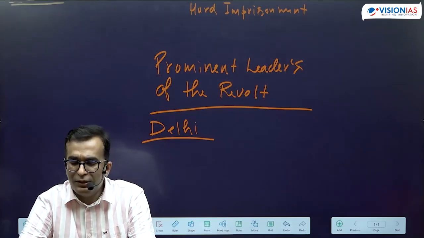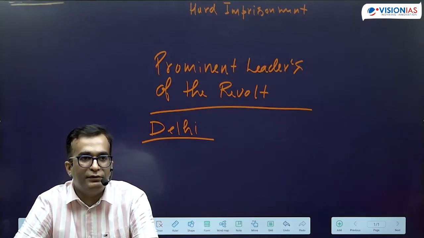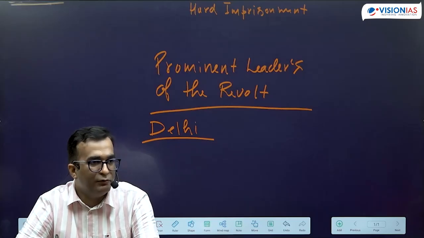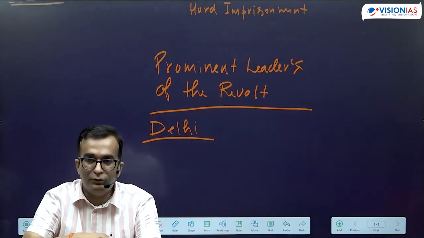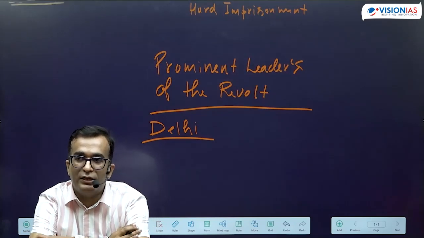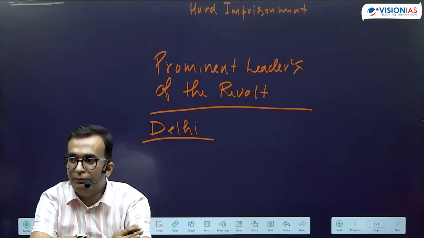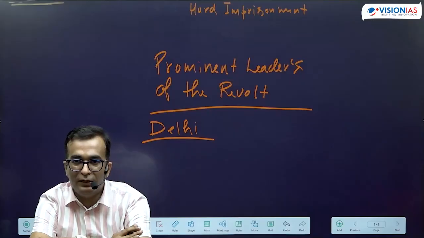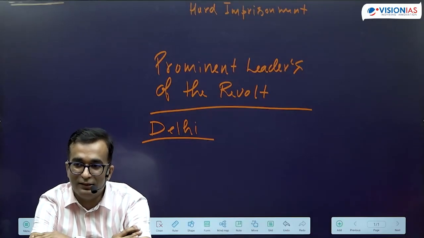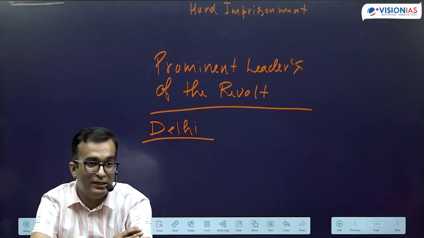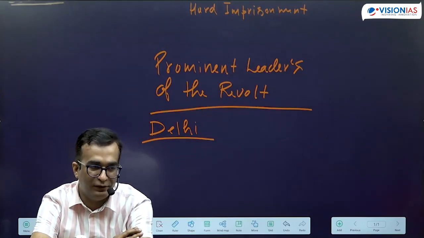But then the most important episode in the 1857 revolt is Kanpur. One of the most important, Kanpur and Jhansi. Now, here I just need to tell you a few things related to it. When I was calling only the British barbaric, that is not purely correct. They were barbaric, there is no doubt about it. But the Indian side also has many instances of it.